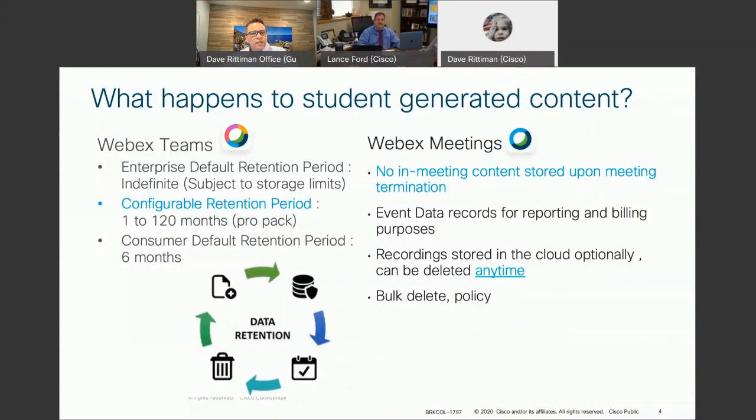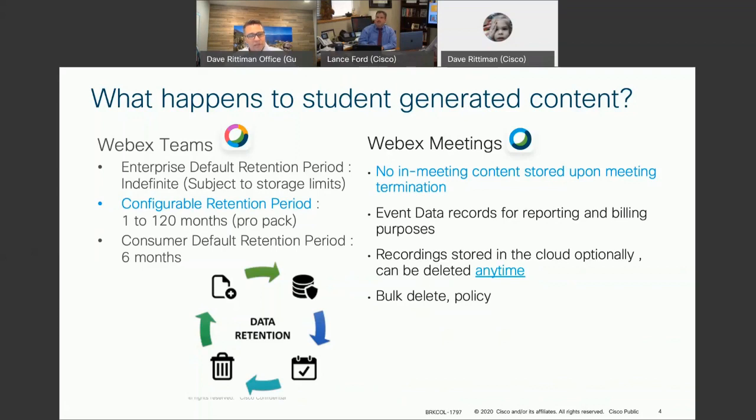Yeah, so all the content within, say, Teams, right? If you're using Teams, which is our messaging platform, basically everything, you can configure the retention period. So on the back end, as an administrator, you can basically configure it to last, say, 1 month or up to 120 months out there, right? You can also delete those as well. So if you basically want to have content only last, again, 1 month, you can delete everything after that.